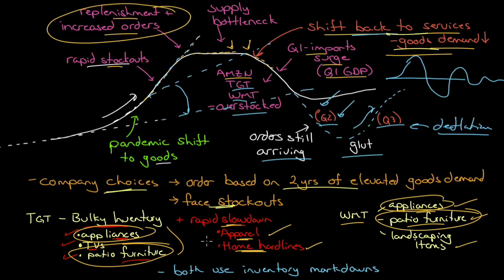So to clear out this inventory, both used inventory markdowns. Inventory markdowns are deflationary. And what did we see on the last retail sales? We saw that sales year over year in those categories were down, and the CPI showed negative signs in front of those categories as well. And as Target and Walmart tell us, they're not done. They are not done yet. This is going to take till Q3 to Q4 to work its way through the system. So there's going to be more markdowns coming as well.